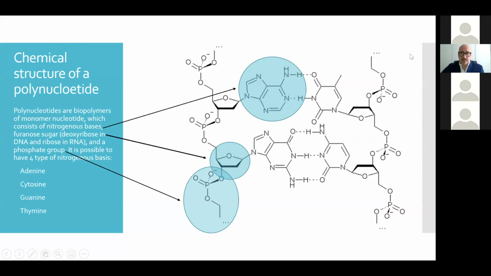Let's go to analyze now the chemical structure of polynucleotides and each single characteristic of each single part of the polydeoxyribonucleotides. This is the classic structure. Each polynucleotide is made by a long chain of different molecules of polynucleotides linked to each other. In each polynucleotide, we can have one of 4